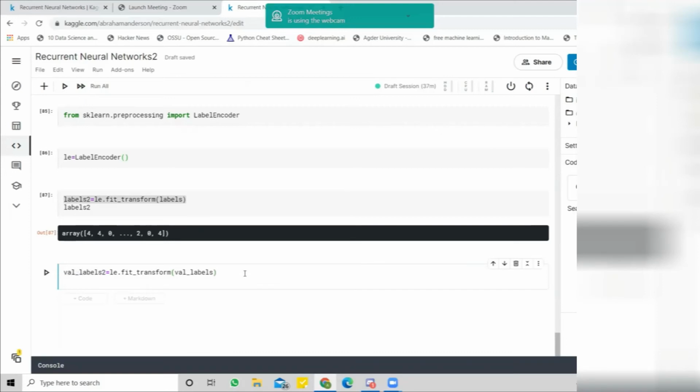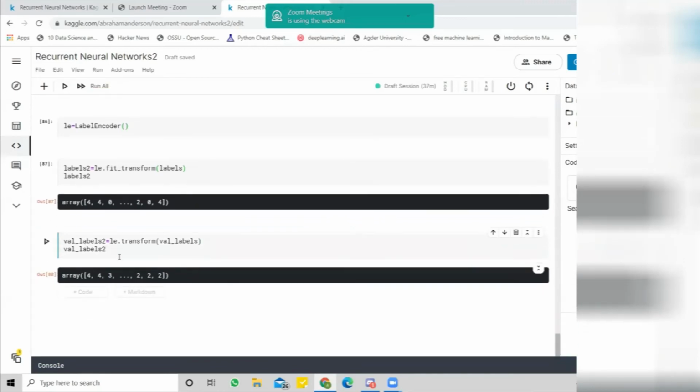When we are using this label encoder or something else, we don't need to fit again. Just transform is enough, because this object has already fitted our data. It also gained knowledge of the labels. So when it comes to validation labels, when it encounters, for example, sadness, it will automatically assign the same corresponding value. For example, if sadness has been labeled as 4 from the previous fit_transform, it will assign 4 whenever we use this function. Okay.